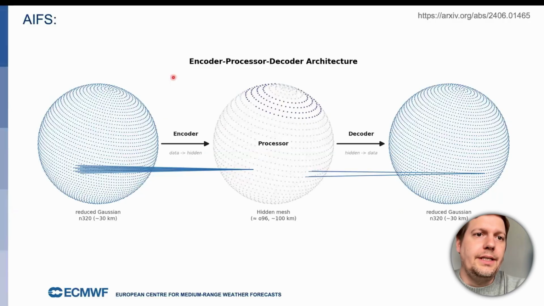And the model I will talk about most here is the AIFS, which has an encoder-processor-decoder architecture, which basically means that we start from the full resolution atmospheric grid. We encode to a lower resolution internal grid. We have a processor here that runs, for example, 16 times and then writes out via the decoder again the full resolution grid. And that would be then one forecast step. And then you would initialize again.